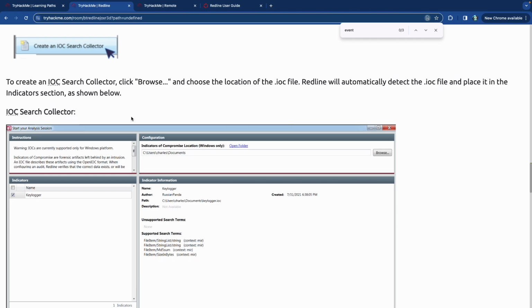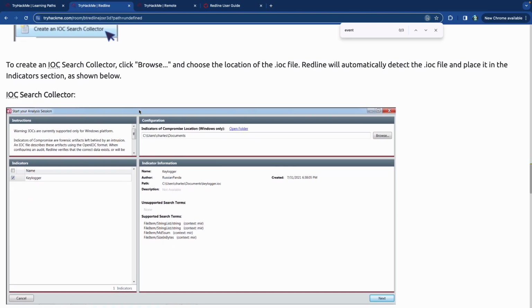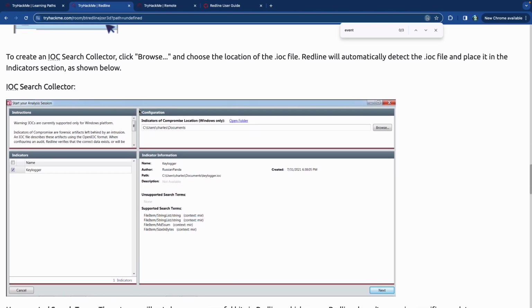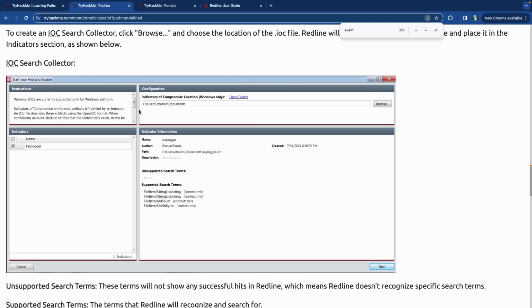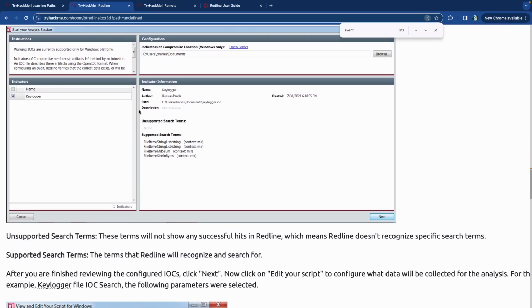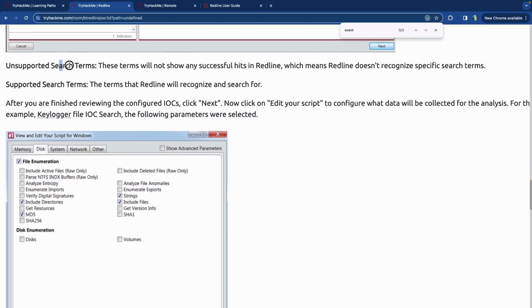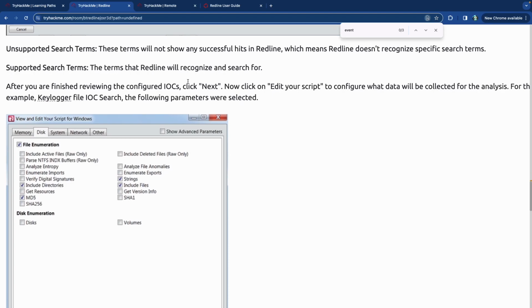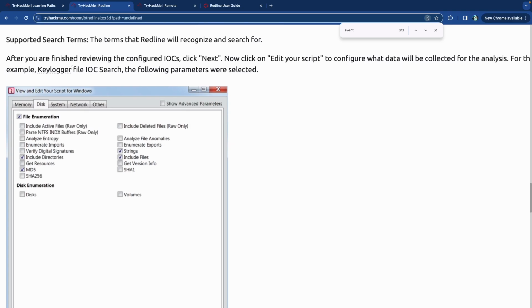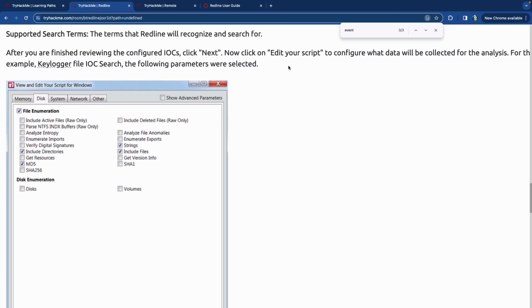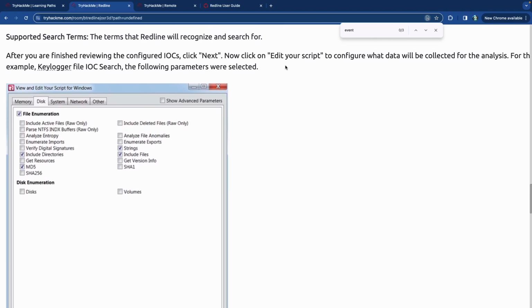To create an IOC Search Collector, click Browse, choose the location of the IOC file. Redline will automatically detect it and place it in the indicator section as shown below. And from here, there are unsupported search terms that will not show any successful hits in Redline. And then there are supported search terms that there will be something for it. After you are finished reviewing the configured IOC, click Next, edit the script,